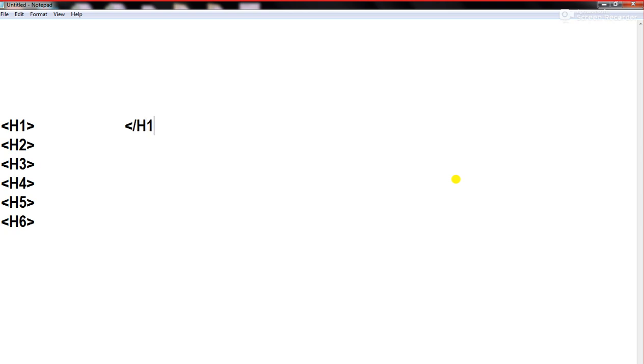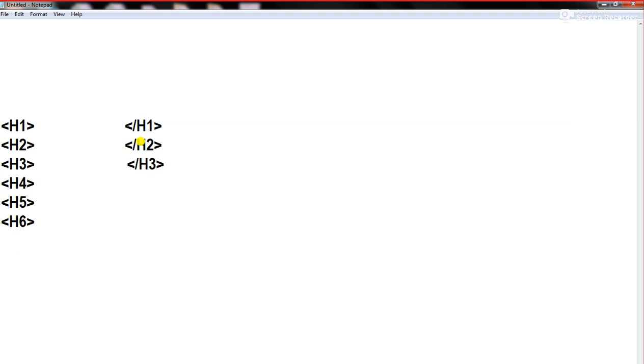So we need to write the same command, but the only difference is that we need to close it using the forward slash. In the same manner we are going to close this H2 tag by using the forward slash. In the same manner we can close H3 by using the forward slash H3 command.